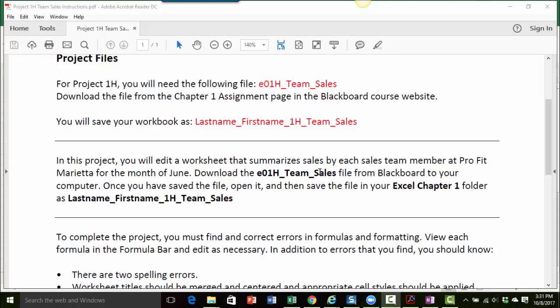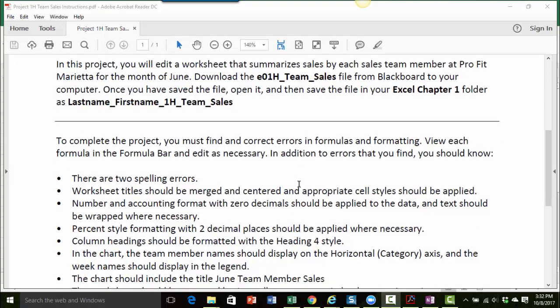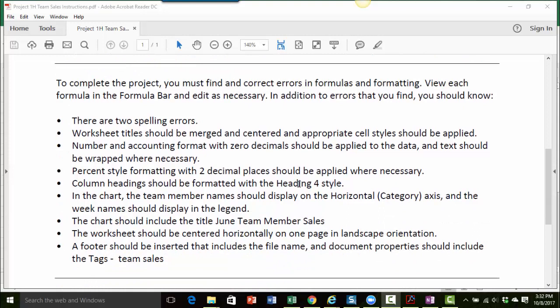Then what you're going to do, just like the title says, there's some things in here that need to be fixed or corrected. So you're going to be working on a worksheet that summarizes the sales by each team member. And in this project, you're going to find and correct errors in both the formulas and the formatting. So keep this part in mind, okay? Using the formula bar, you're going to be able to edit the formulas as necessary,